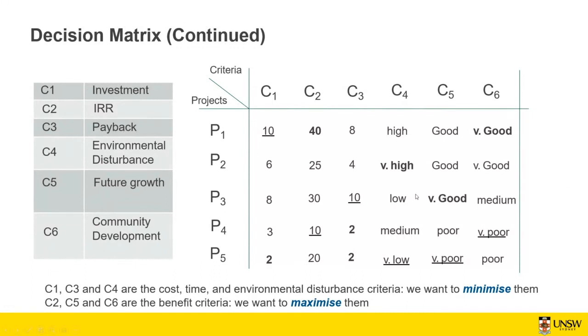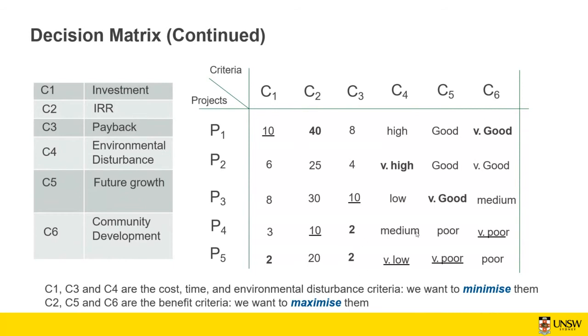So, regardless, you just put it like this, and later you can transfer some of these qualitative measures into some values. The other thing is that for C1, which is the investment, C3, which is the payback period, and C4, which is environmental disturbance, you want to minimize them. So you want to have